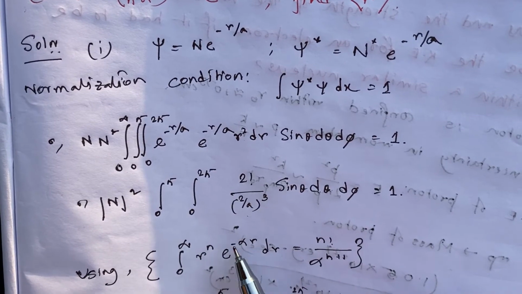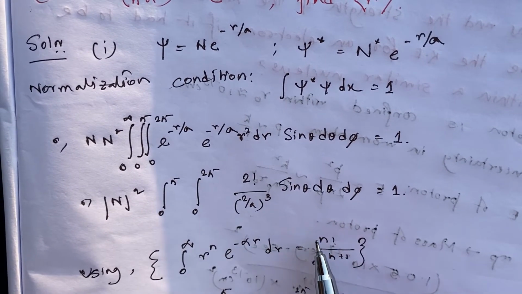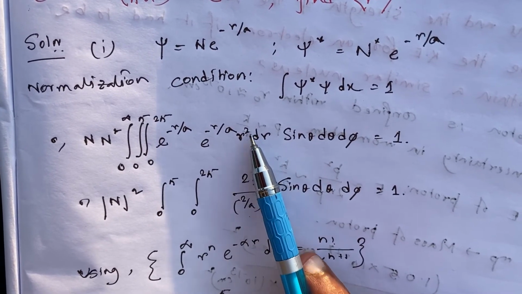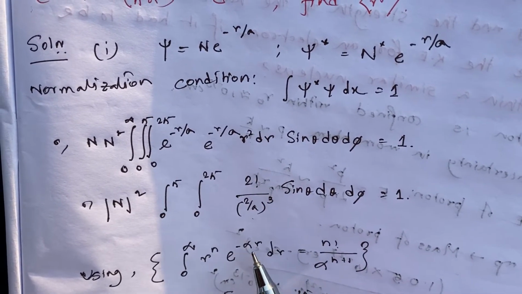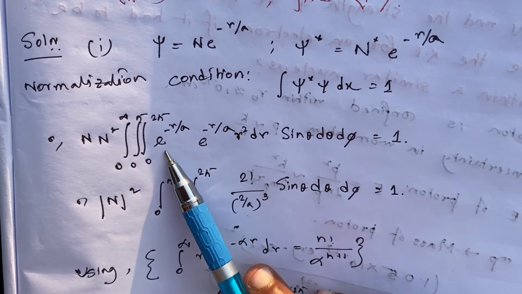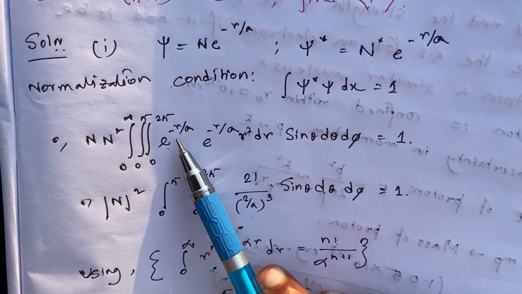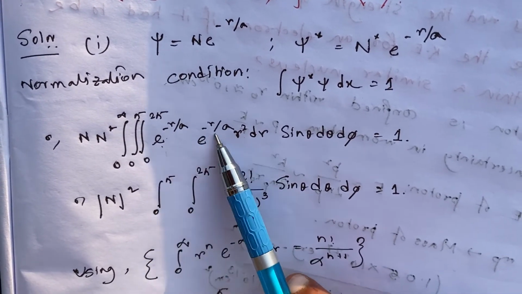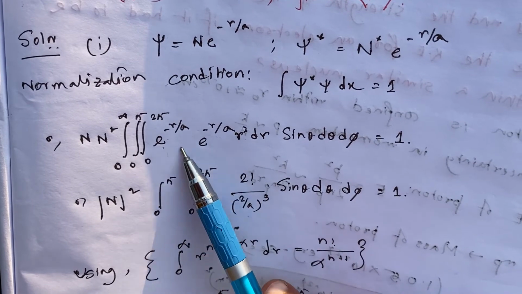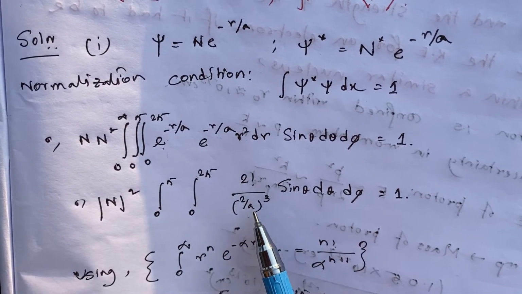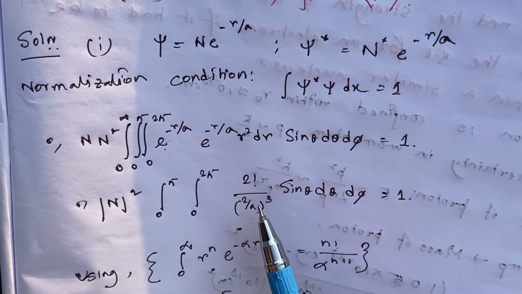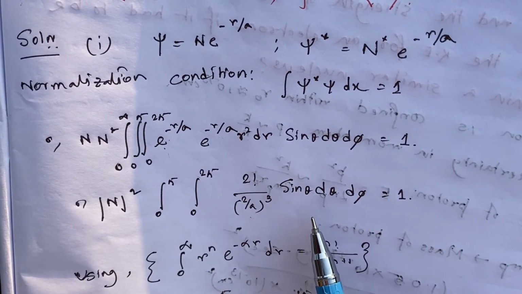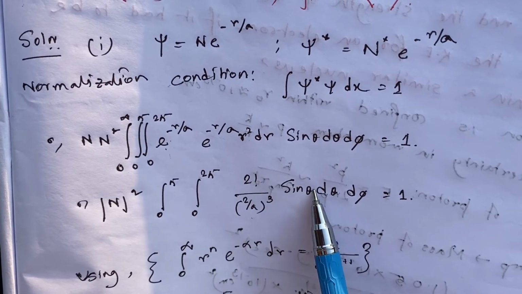কারণ এখানে এই ফর্মুলাটা থেকে দেখতে পাচ্ছি আর টু দি পাওয়ার এন হলে এখানে হবে এন ফ্যাক্টোরিয়াল বাই কনস্ট্যান্ট টু দি পাওয়ার এন+1। এখানে আর স্কোয়ার আছে মানে আর এর পাওয়ারে 2 আছে, তাই এটা 2 ফ্যাক্টোরিয়াল হলো। সিমিলারলি এক্সপোনেনশিয়ালের যে সূচক, সেখানে কনস্ট্যান্ট ভ্যালুটা 2/a, এই দুটো মিলে e টু দি পাওয়ার মাইনাস 2r/a হবে এই টার্মটা। তাহলে কনস্ট্যান্ট ভ্যালুটা হচ্ছে 2/a, তাহলে 2/a এবার হোল টু দি পাওয়ার 2 + 1 অর্থাৎ 3। বাকি দুটো ইন্টিগ্রেশন পড়ে থাকলো থিটার ওপরে আর ফাইয়ের ওপরে।